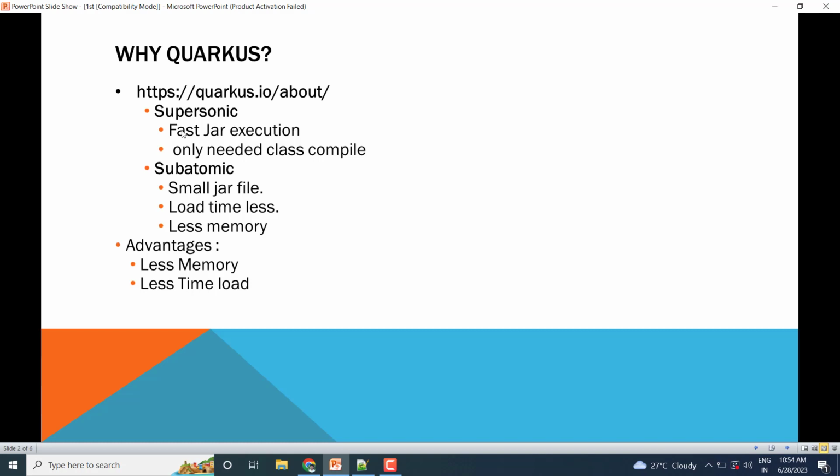Supersonic means that in Quarkus, the executable jar is very small, and it compiles only the classes we need. Suppose in our application we have 1000 classes, and we need only 900 of them. Then it compiles only those 900 classes. That's why it achieves fast execution. Second is the